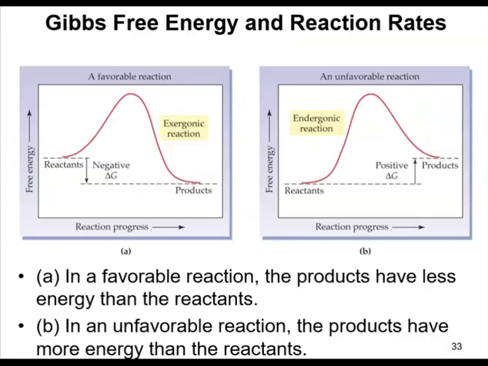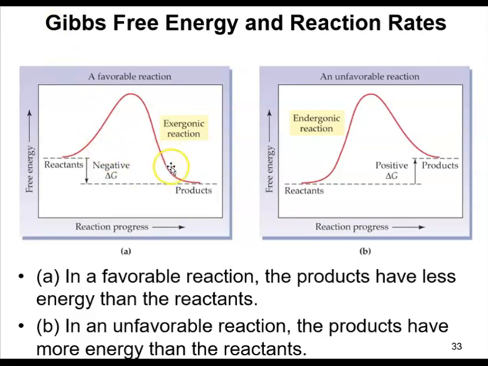So we've seen these reaction coordinate diagrams before, with free energy on the y-axis and the reaction progress on the x, where we have reactants starting with a certain amount of energy. They have to go through this activation energy. Once they get over it, they can fall down to the products, or revert back to the reactants, but there's this intermediate state, this transition state. And overall, if we go from reactants to products and that overall energy change is negative, that corresponds to the Gibbs free energy being negative. These are more likely to happen. These are what we would call favorable or